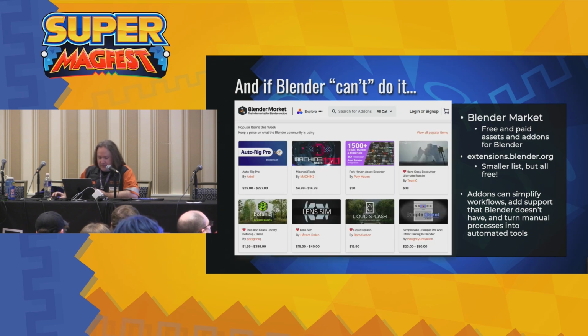Some examples, just as a very quick slide here, like I think the most popular tools, this is what's on the home page as the popular items this week or whatever. Auto Rig Pro is a thing to help you set up a model to animate, and it's probably a lot simpler. I don't really use it. Hard Ops is a thing if you're modeling mechanical things with a particular style. Blender can do it, but maybe this makes it easier. And things like Botanic are like a library of plants and trees and things. Maybe you don't want to model every tree in a world that you're doing. That's not the point, but this could be the thing that puts it into Blender for you, etc. So things like that are a good way to round out the question of what Blender does not do out of the box.